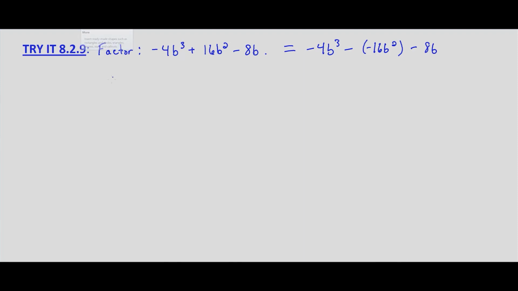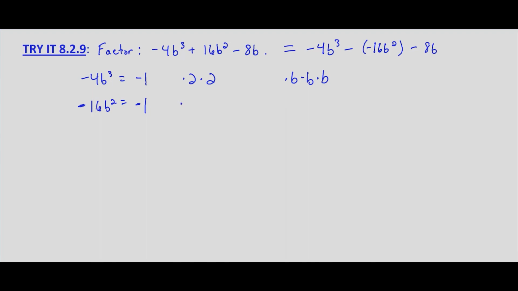I'm going to go ahead and write it out how we have been up to this point. Negative 4b cubed equals, I'm going to write out that negative 1 as a factor here. Negative 1 times 2 times 2, and then times b times b times b for our b cubed. And then I'm going to write down the subtraction of the negative of what we're, not our original 16b squared, but negative 16b squared. So we'll have that common factor of a negative 1. So negative 1